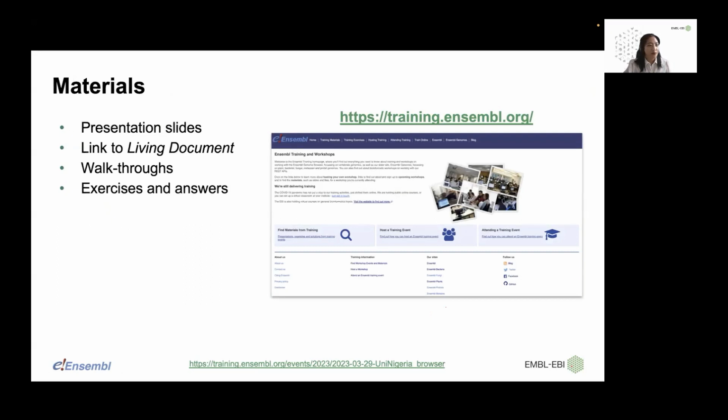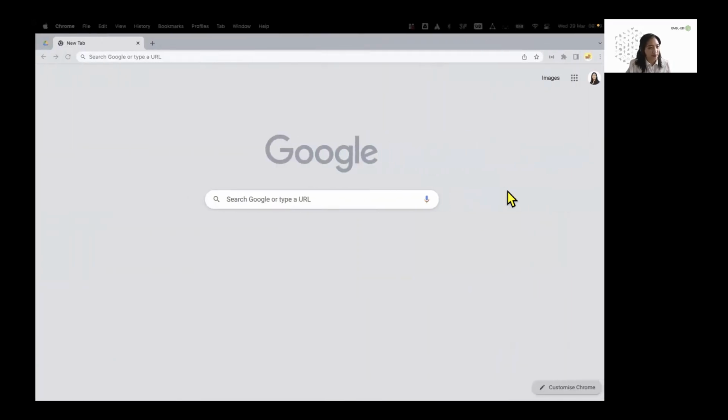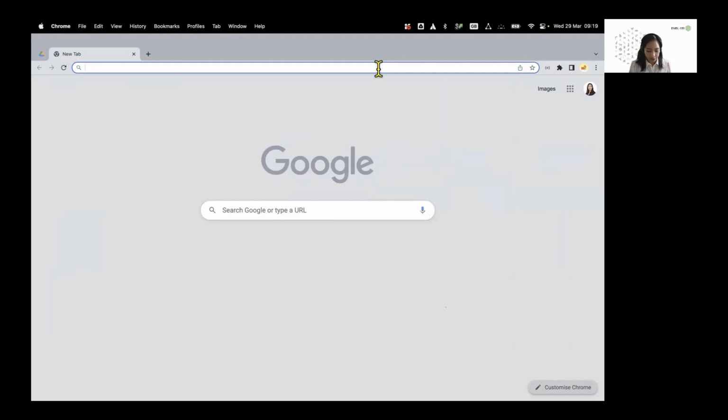So all training materials will be available on our training website, which is training.ensembl.org. And we have our slides in there. We have a link to a living document, some demos, and then also some exercises and answers. So before I get started, I will show you how this training website looks, so you can get all of the materials there. So I'm going to move to my internet browser, and I will type in